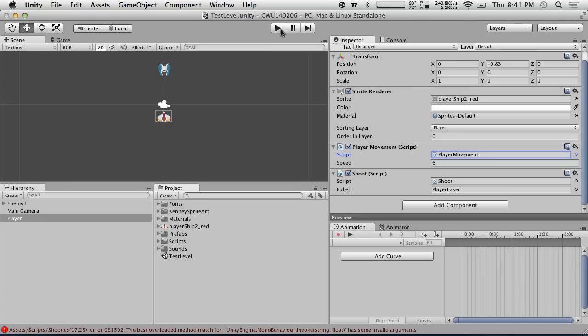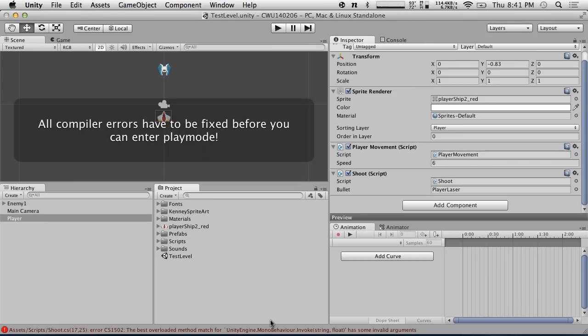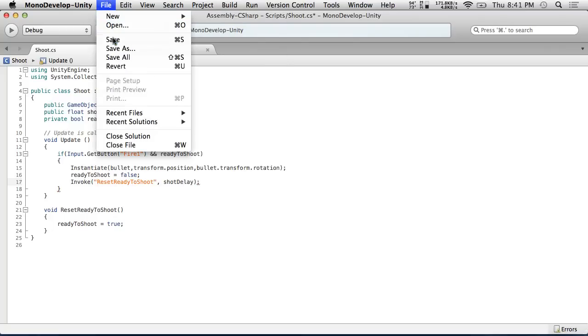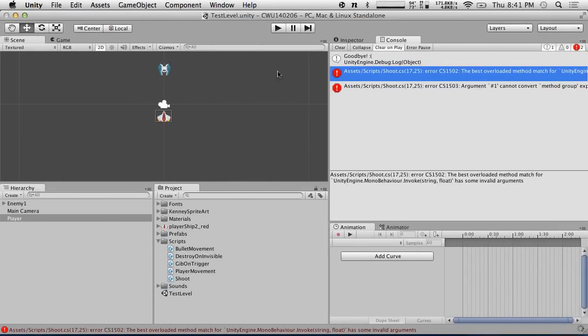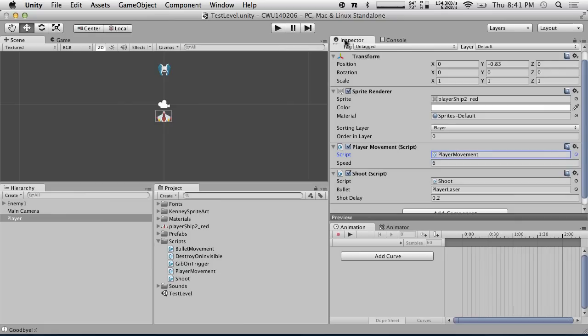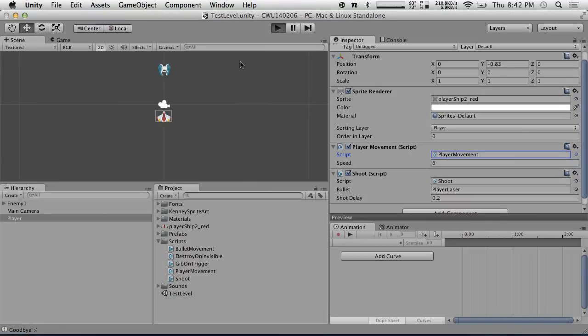This will be important later when we're doing more complex shot patterns, and there's a problem with some invalid arguments. Oh yeah, we need to actually give this the name ready to shoot. So if we hit save here, that's what I was forgetting. We just assumed one frame every shot, and then we don't use the shot delay. So now we have a shot delay,